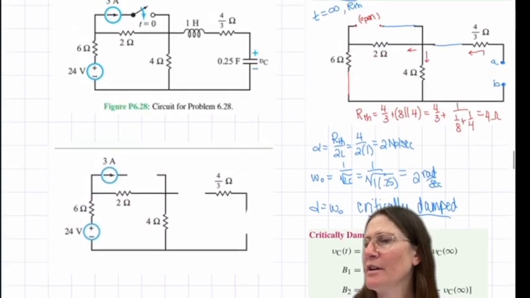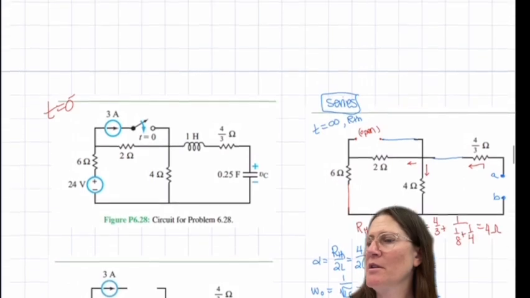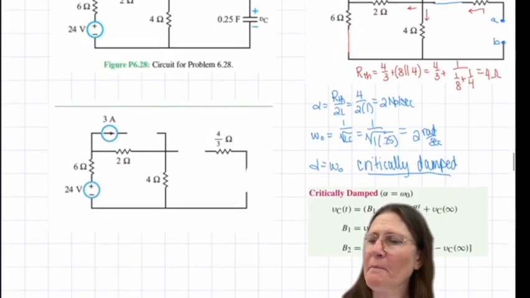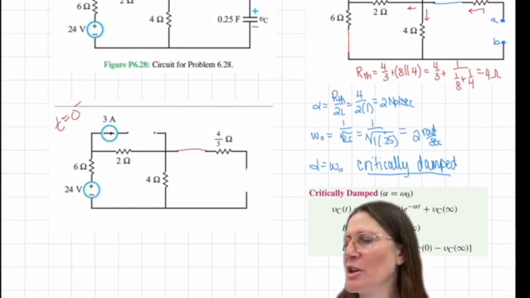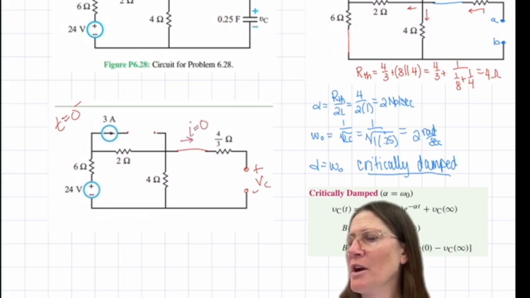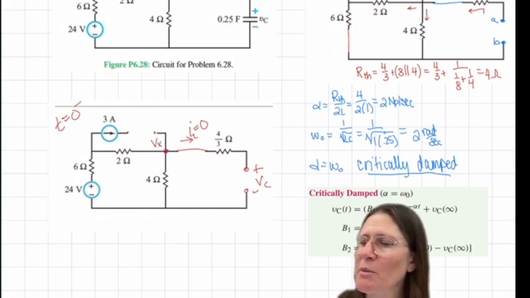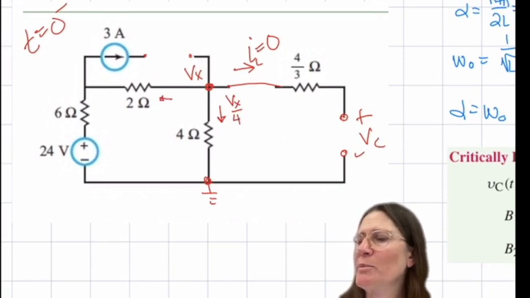So at t equals 0 minus, the switch is still open. So switch is open, inductor shorted, and then the capacitor's open. So my VC and my IL here will be 0 because it's floating. And then again, I can label this as an unknown Vx, and then current in this branch is Vx over 4. Current in this branch is,